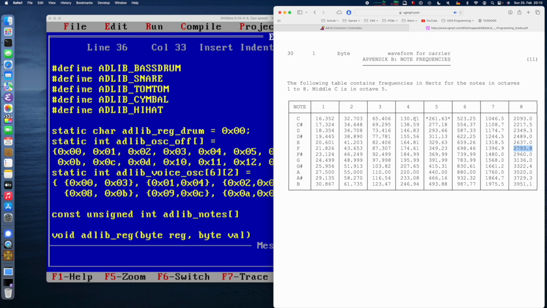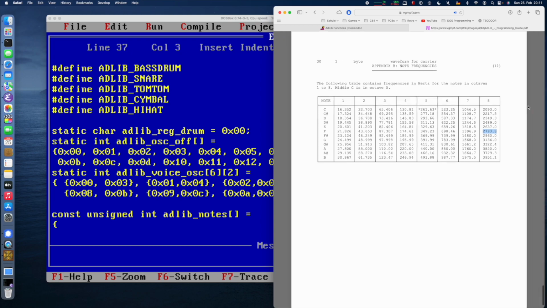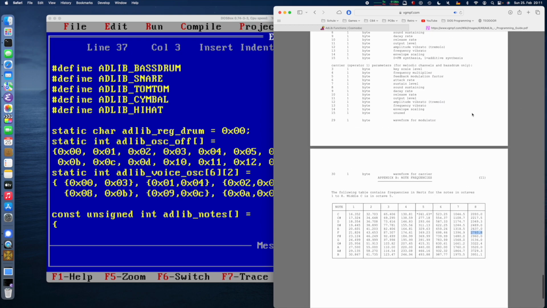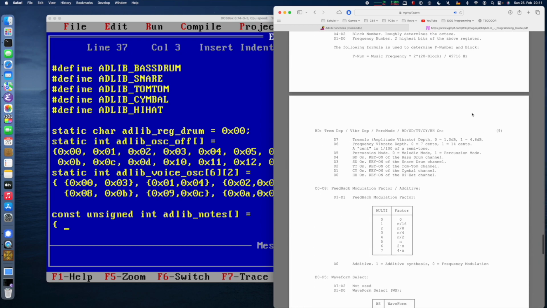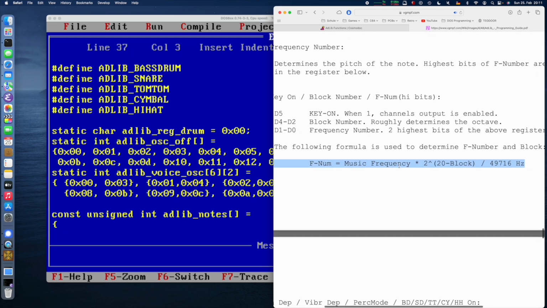So you can just code the frequency number for 1 octave and then just set the block number in the register and you're mostly good to go. You can do a table with all the correct numbers, but I leave that to you to do that. So if you write this program or put in the values into the formula manually, whatever you like best, the formula being this one here that we talked about, I think, in the last video,